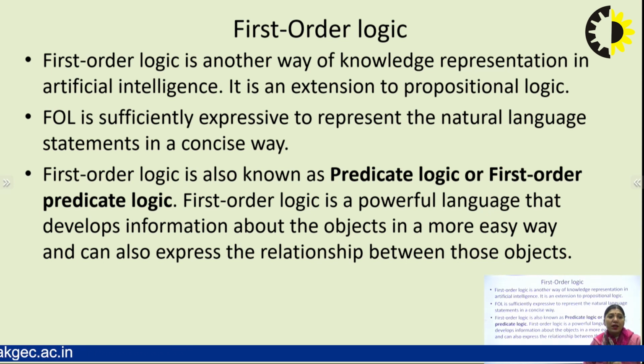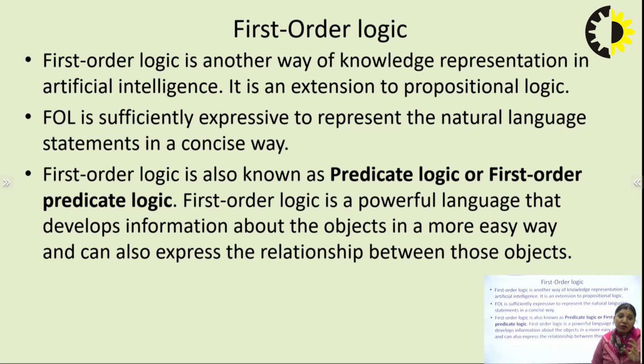Okay, getting my point. It says that FOL is sufficiently expressive to represent natural language statements, of course, in a concise way. Concise means in a smaller way. Of course, in the representation we have certain rules and regulations for the FOL we are representing, but it should not be long. We should always try to keep it concise, a smaller way. With the smaller way, of course, the storage will be less, the understanding time of the machine will be less, and the response time will be less, isn't it? So definitely the advantage is that we can get frequent responses from the machine.